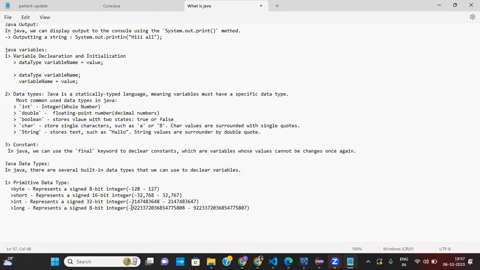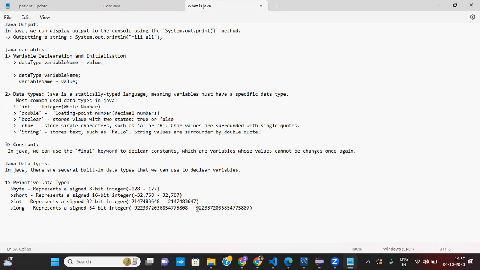If you count, it has 19 digits: 1, 2, 3, 4, 5, 6, 7, 8, 9, 10, 11, 12, 13, 14, 15, 16, 17, 18, 19. It is also 64-bit.